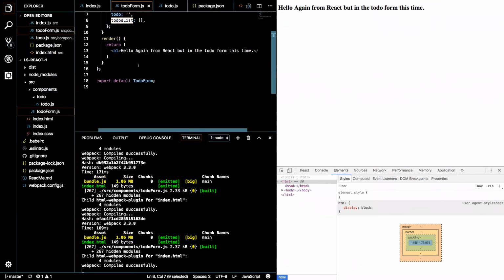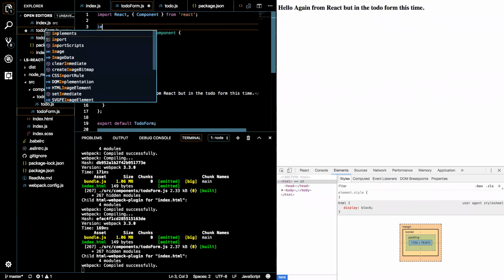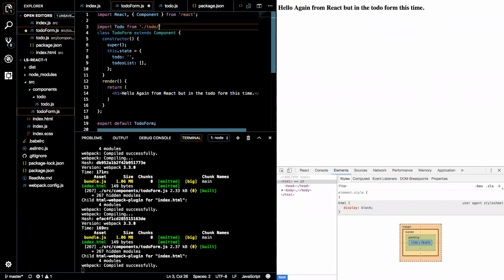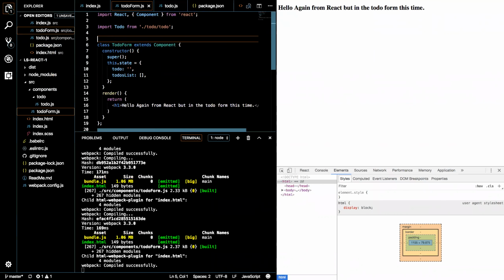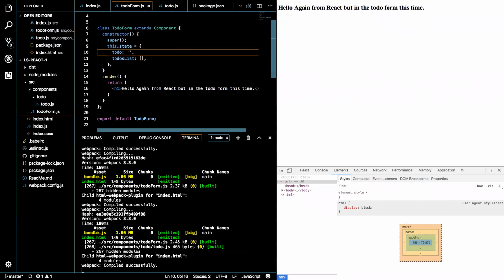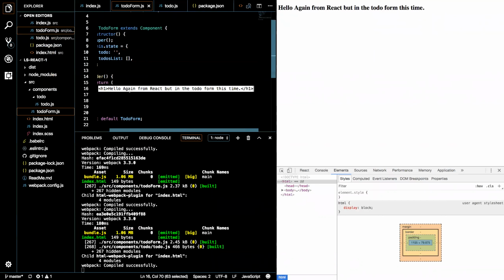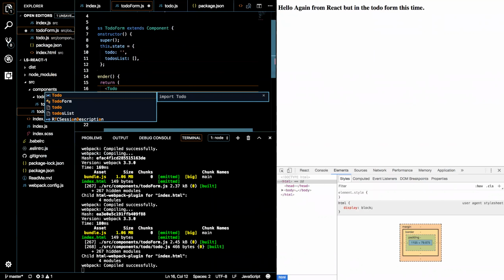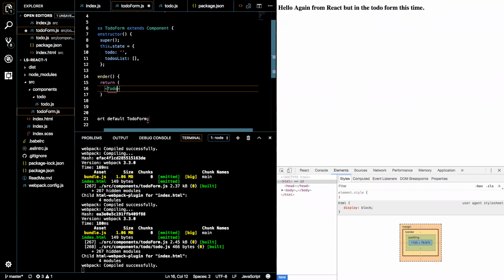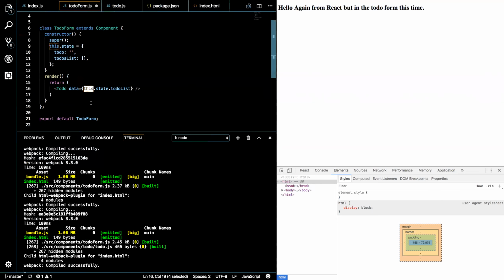So now we have our to-do list, and we want to import it in. So import to-do from, where do we go? To-do/to-do, right? And that to-do is going to be rendered right here, which is going to be our to-do. And we're going to give it this dot. So this is how you now say data, because we defined it as such down below, as this.state.to-do list. Okay, so now you can use this based programming, which is very, very common in React because it's a